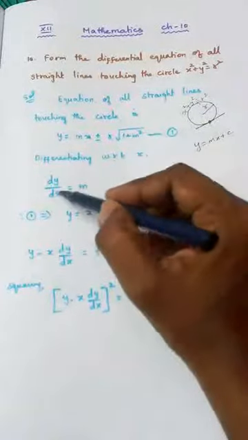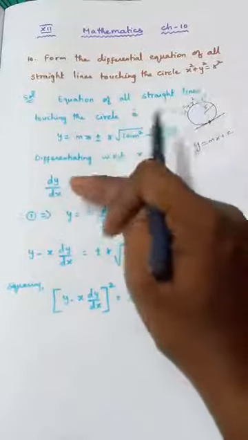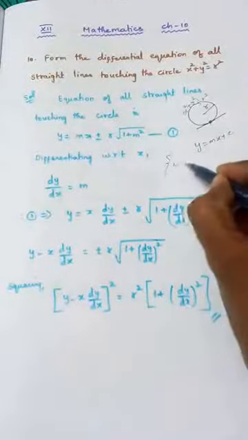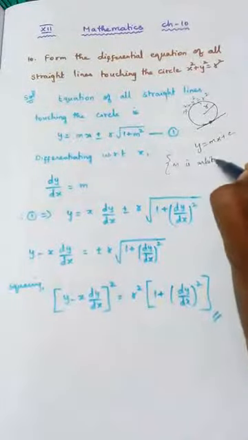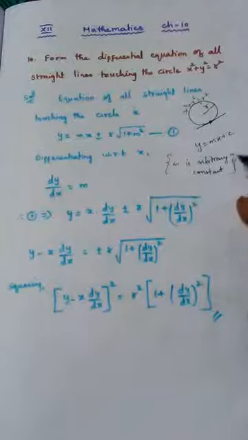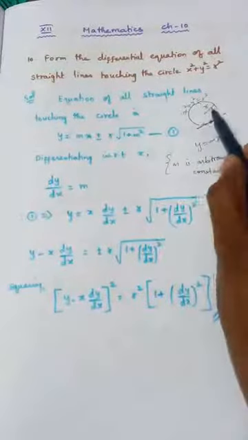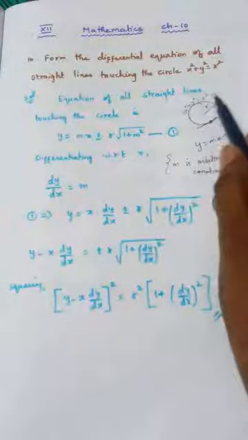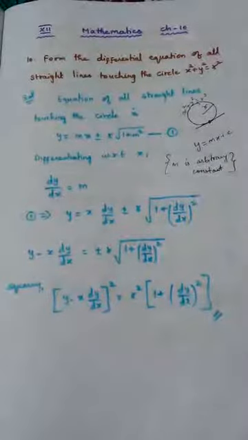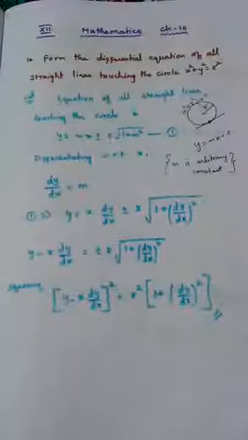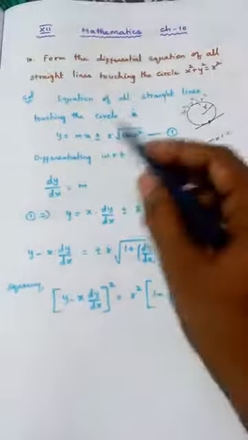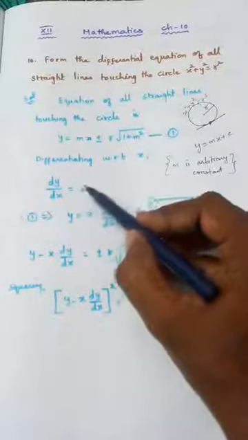So next what I am going to do is substitute this value, that is, I have to replace m as dy by dx, because in this first equation m is called an arbitrary constant. It will change, for example, radius of a circle, it may change. This m is nothing but an arbitrary constant which has to be eliminated when we form a differential equation. So in order to avoid m in the equation, we are trying to substitute the value of m in this equation.